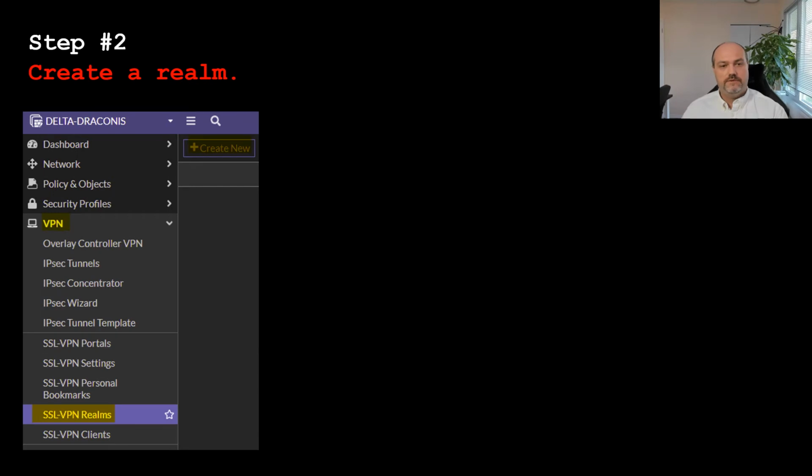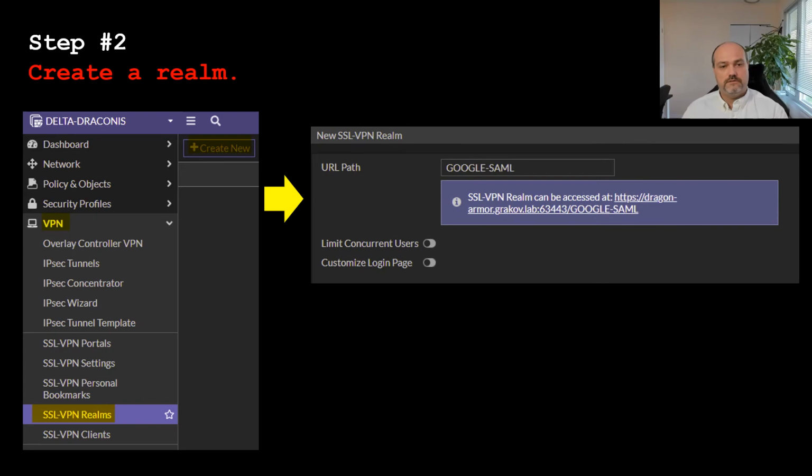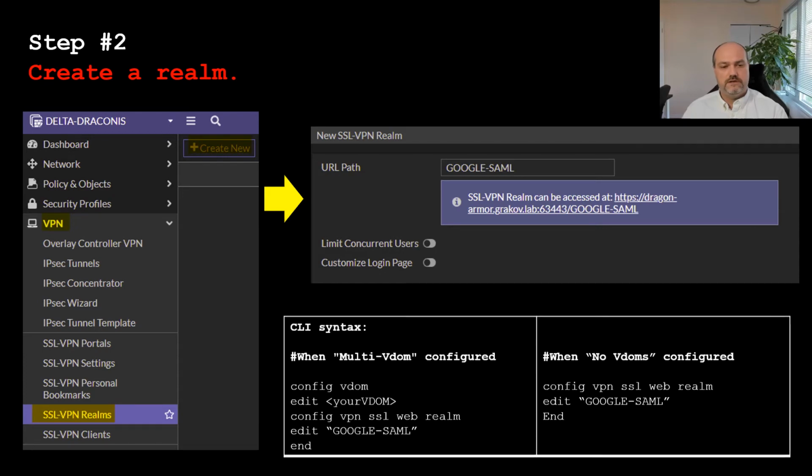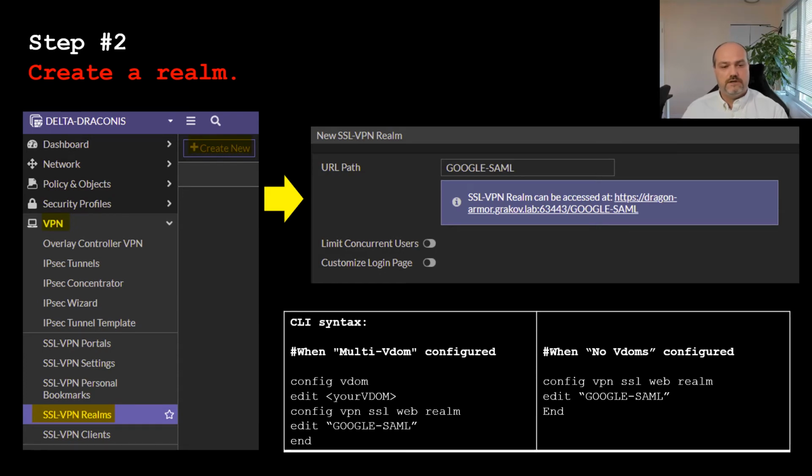Once SSL VPN realms are enabled, you will need to go to VPN, SSL VPN realms, create new, and give it a name for the realm. In my case, I will call it Google SAML. You can do it also from CLI, config vpn ssl web realm, edit your realm name, and